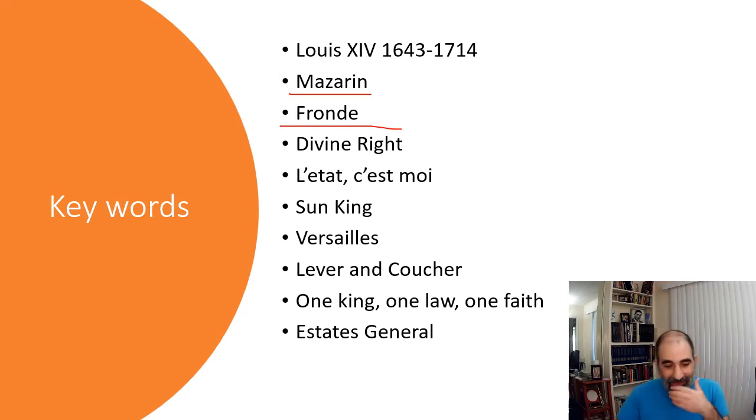Now, one reading I did on this, and it was a while back, I don't remember the author. I wish I still had the book and the author in front of me. But the argument was that the frondes actually helped the development of absolutism because people wanted order and stability. People don't like going to this place and that place, and there's riots and people looting and this and that, and conflicts. People like order. And one idea that I read on this once is that, ironically, the attempts to get rid of this kind of reign of this family may have strengthened it.